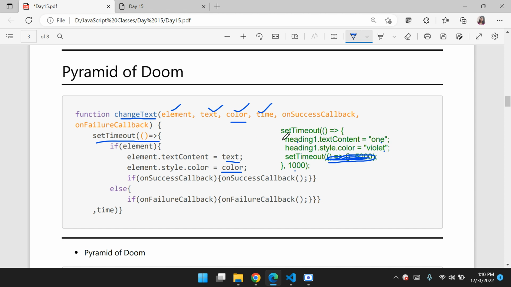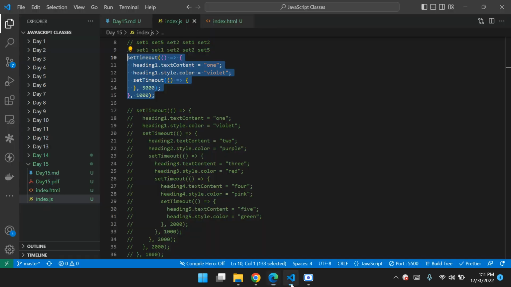So these two lines are basically what I have written here, just in the form of variables. Now, after this happens, we have to call this callback function, the one which is inside, right? If there is an on success callback, then I have to call this function. Otherwise, I will pass another thing. And if you notice here,